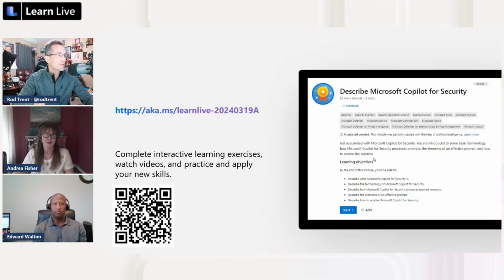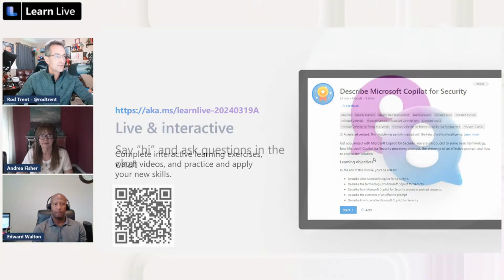And this learn path is important. As I mentioned, we've done two of these before, so there are two modules that go before this one. And then there's a fourth module that we'll cover next week in our Learn Live event, as we dig a little deeper into things like promptbooks and plugins and knowledge bases and all kinds of weird things. Copilot for Security definitely has really deep features and functionality and value for a lot of organizations. So this is how you get to that learn path so that you can follow along and do this yourself.